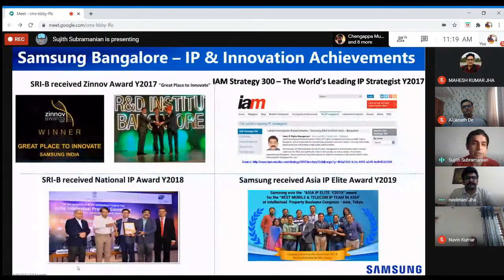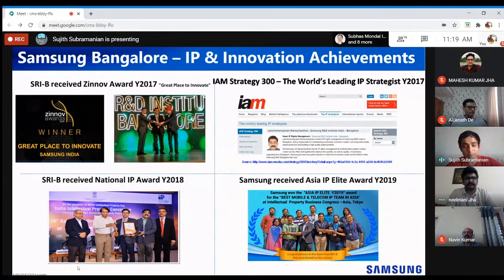Now we at Samsung Bangalore have been filing patents. We are one of the leading patent filing companies in India. You have also seen what is a patent and what is the patent filing process. We file for inventions that are created in our Bangalore R&D center, and we file with the Indian Patent Office here in Chennai. Our IP achievements have been well recognized by the industry, with the Zinno Award